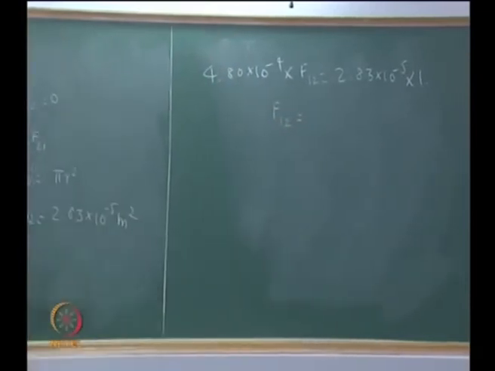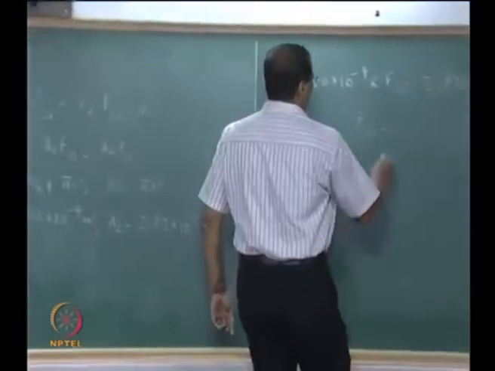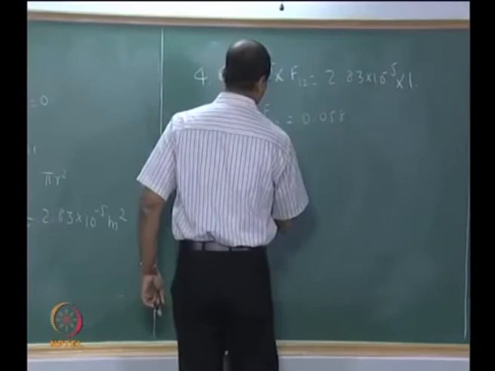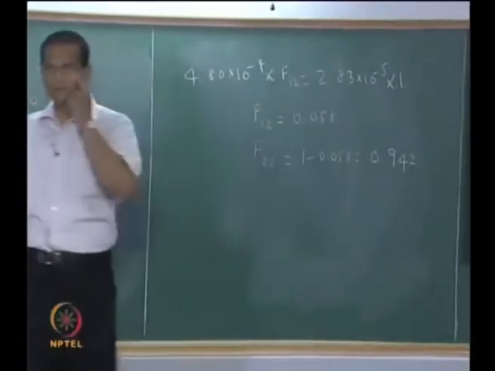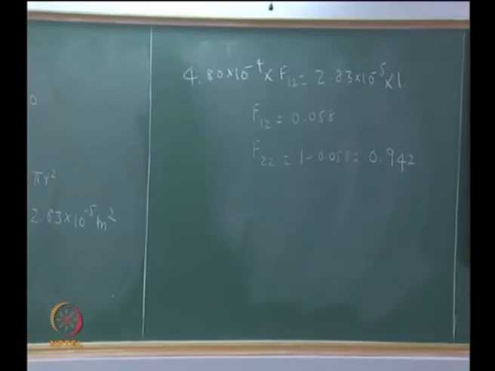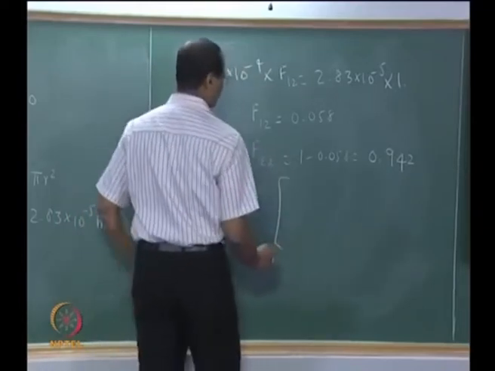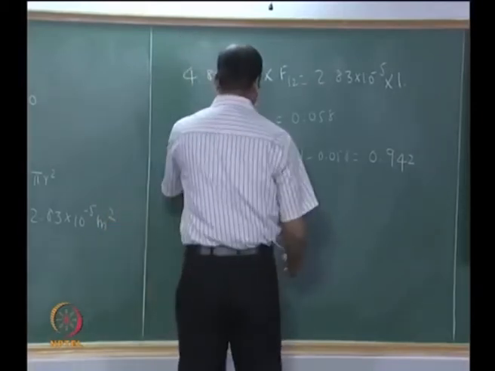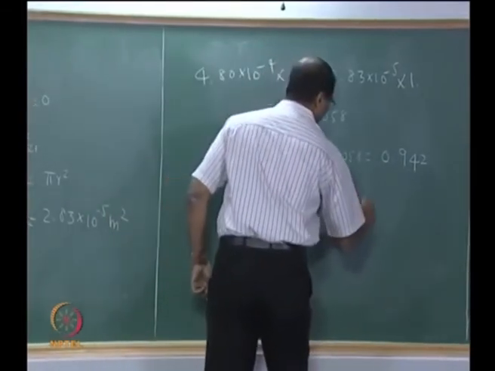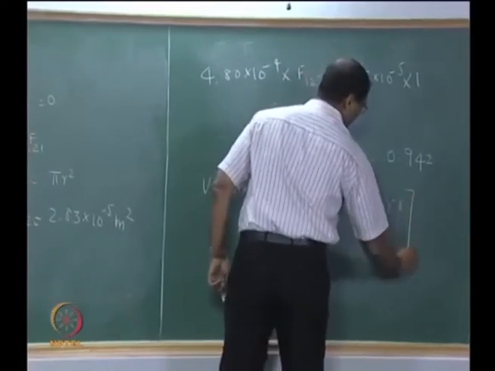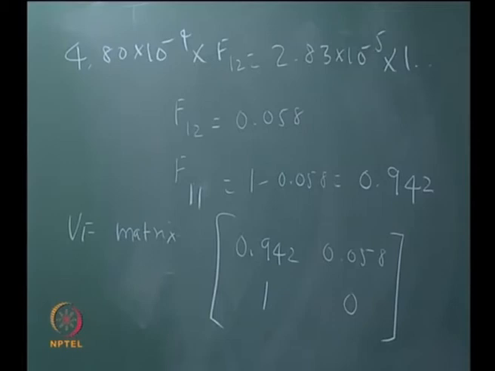F12, 0.058, very good. Okay. Sorry, F11, correct? That is F11, okay. Right? Now,